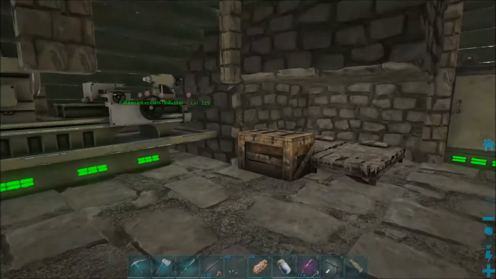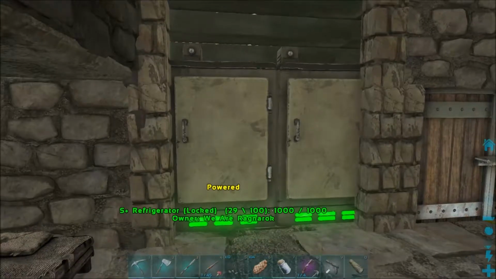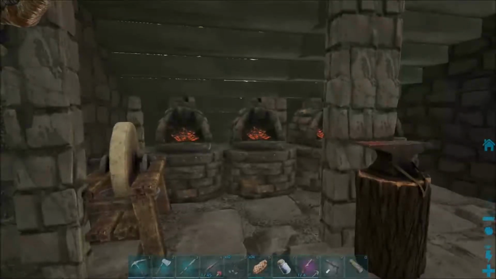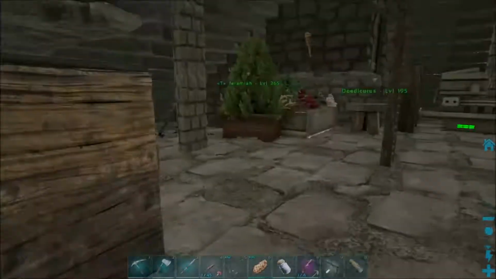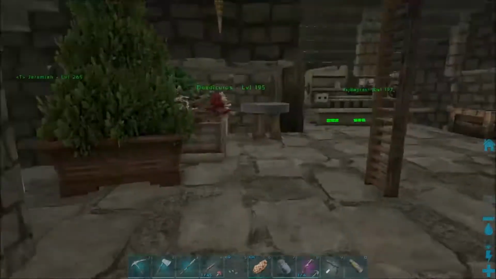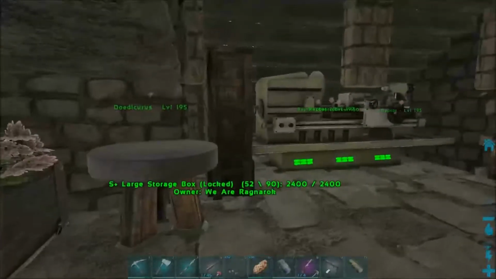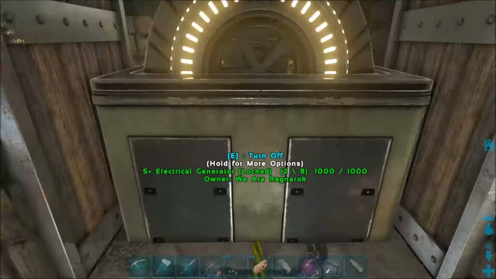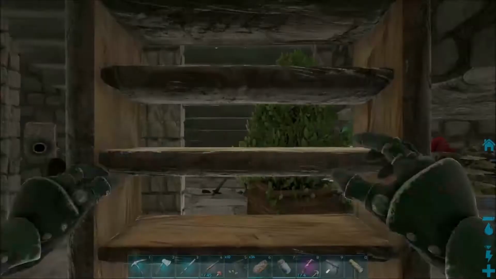He's got a big fabricator in here, some beds, storage box, some refrigerators over here and powered with electricity, and a bookshelf. He's got some forges. He's also got an advanced grindstone and a ship smithy like I have. He's got an upgrade station, some preserving bins, some water that you can actually drink from to keep from having to go out to get water, and a couple of mod tables here, an S+ and a large storage box. So this is the inside of his build, and there is his generator that powers the entire electricity part of his build. So we'll go back up